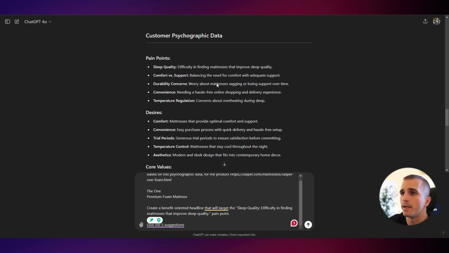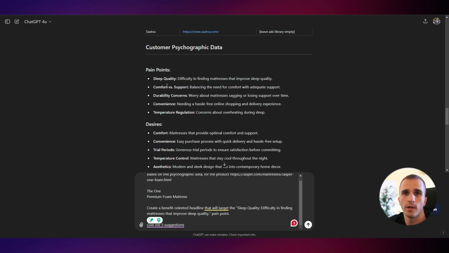In this example, it's sleep quality. They can't fall asleep, for example, or it could be comfort. You need to target one benefit with your ad, because that way your ad will be much more effective. And what you want to do is, after you create your psychographic data, you want to choose what pain point